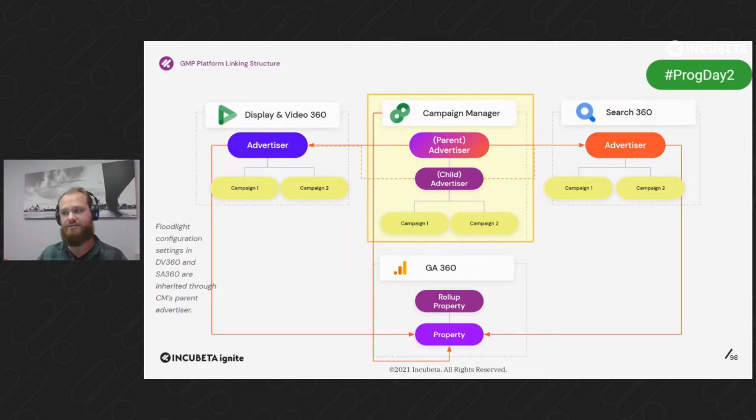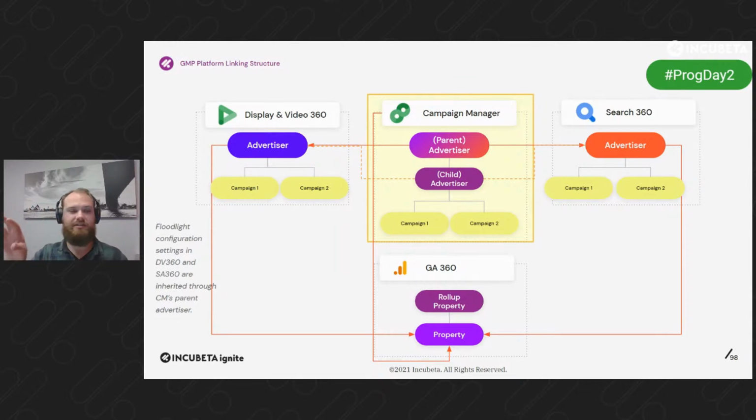and both SA360 and DV360 are connected to Campaign Manager, and through that you're able to share floodlights, which is of ultimate importance here, because that's where your attribution is coming from, and that's where your measurement and your conversion measurement is coming from. So effectively, what we're able to see from a floodlight perspective in Campaign Manager and DV360, that does pull through